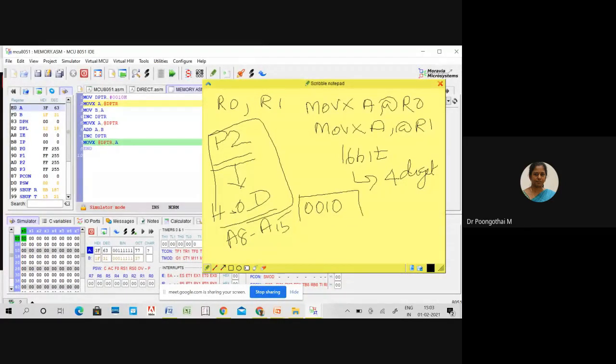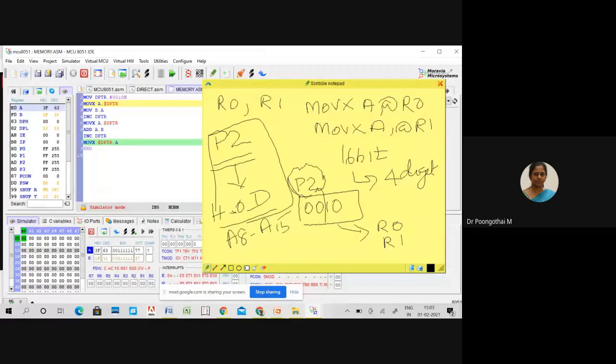Here you have to use P2 for storing your higher order address, and the lower order, 10, should be loaded into either R0 or R1. So your 16-bit address is divided into 8-bit and 8-bit, and the LSB will be held by your 8-bit pointer and the MSB will be held by P2.